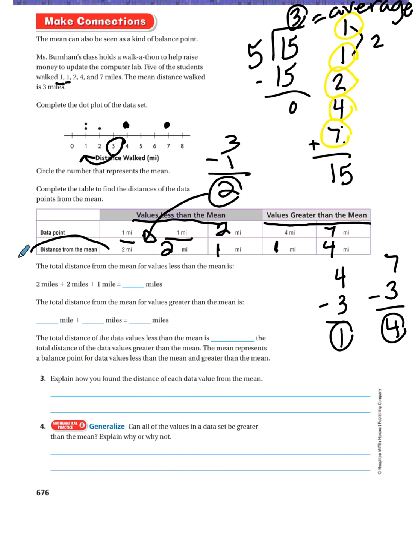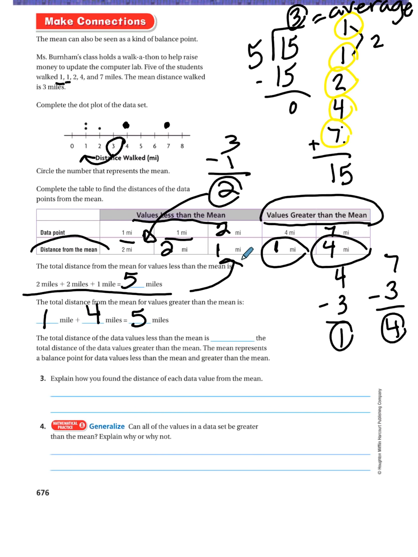The total distance from the mean for values less than the mean is 2 miles plus 2 miles plus 1 mile. So then we're going to add all of those together, and we're going to get 5. The total distance from the mean for values greater than the mean is 1 mile and 4 miles, which is 5 miles. Okay, so greater than the mean, we got that 1, and we got that here, 4. And we got these numbers here